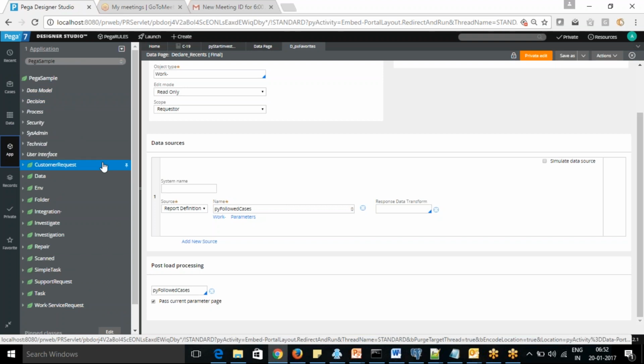Can anyone share a thought on that? While installing, is it part of installation? It will store in our machine. Yeah, that's fine. Okay, it's actually coming from the database. That's true.